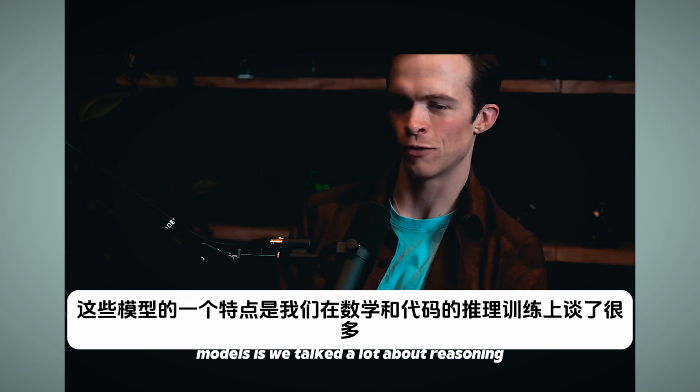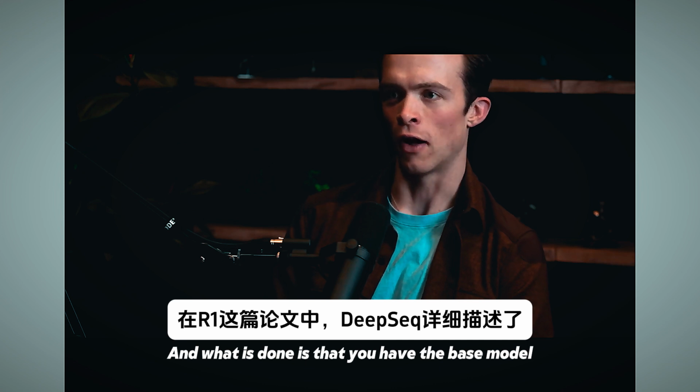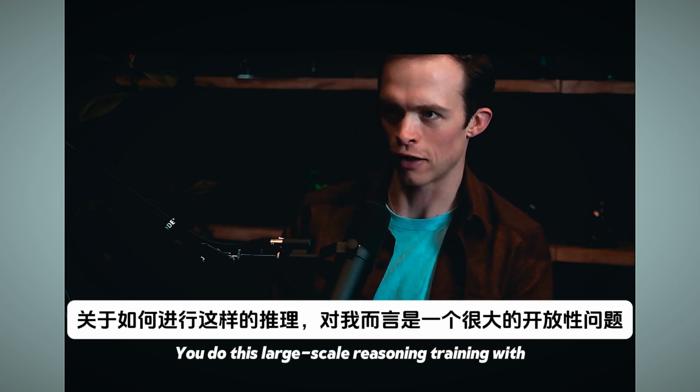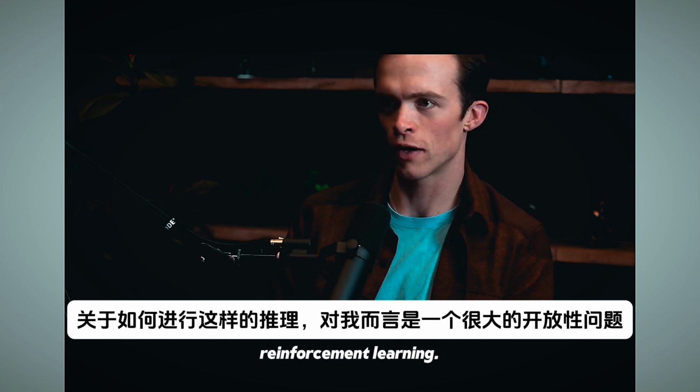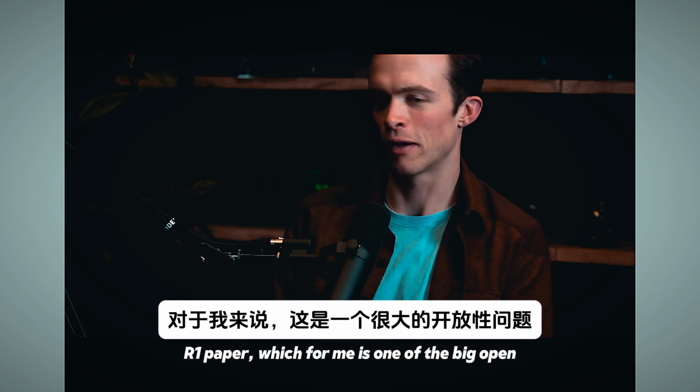These reasoning models, we talked a lot about reasoning training on math and code. And what is done is that you have the base model we've talked about a lot on the internet. You do this large scale reasoning training with reinforcement learning. And then what the DeepSeek paper detailed in this R1 paper, which for me is one of the big open